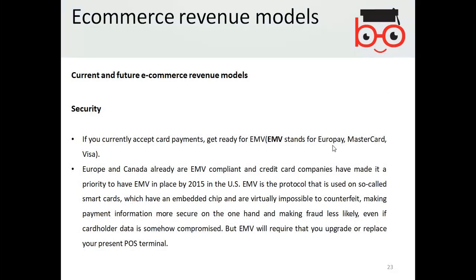So the chip on the card basically gives enhanced security. Using those cards and using the last digits, it is a much more standard and compatible feature provided by EMV. So that's really good, and they are encouraging it.